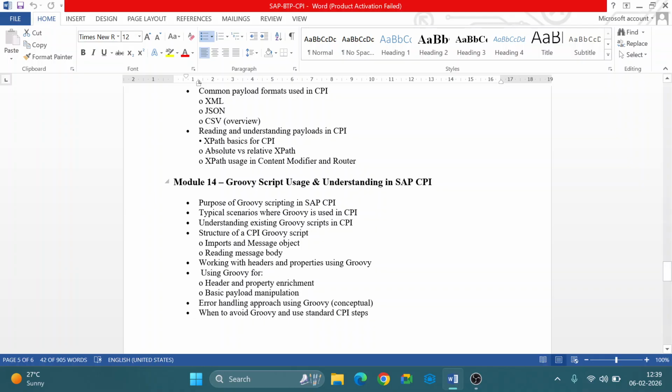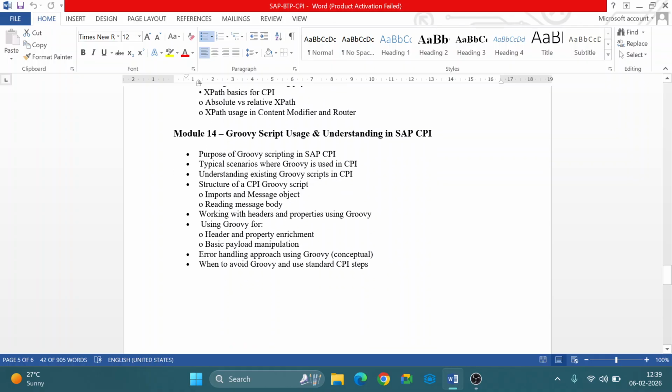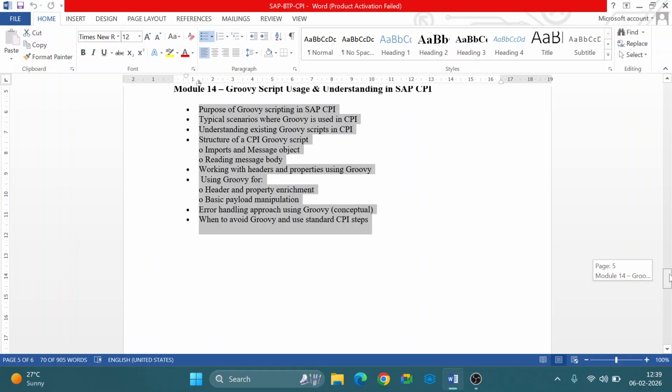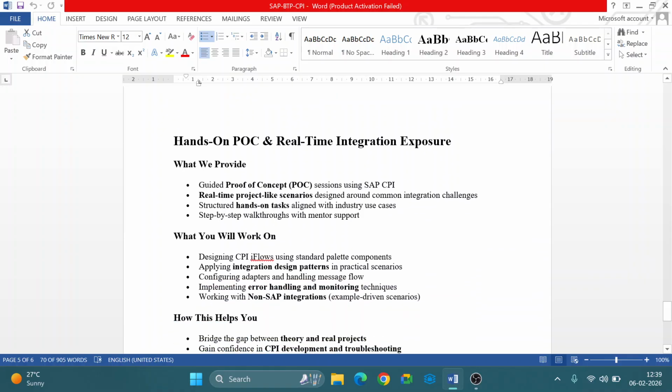And the 14th module is all about Groovy, in-depth Groovy understanding, like how we are going to reuse the existing Groovies, how and when to use, where to use, why to use. Those things along with some examples will be covered as part of this module under Groovy script usage and understanding in SAP CPI, okay. So these are all the different modules which I am going to cover as part of my sessions,